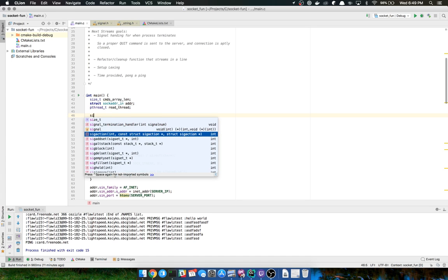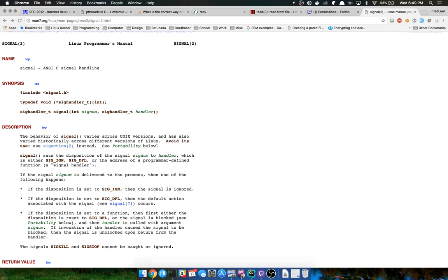Yeah, there's a lot of things here. I don't know a whole lot of these. Interesting. This returns back that function pointer, or well, I don't even know, but interesting.